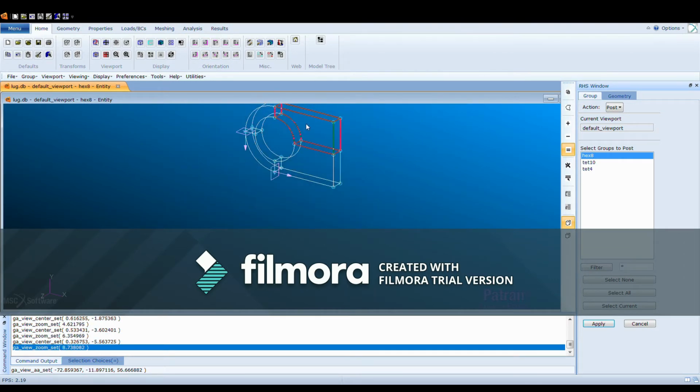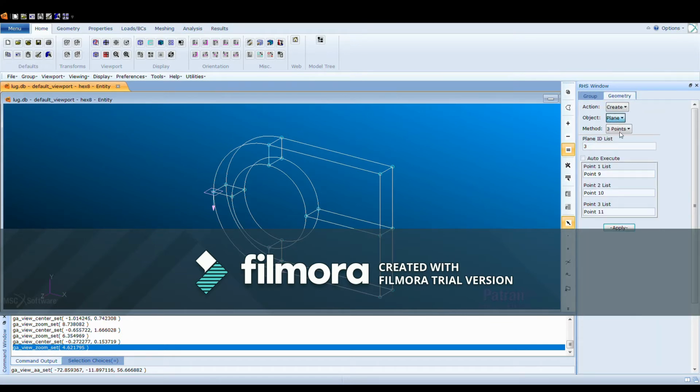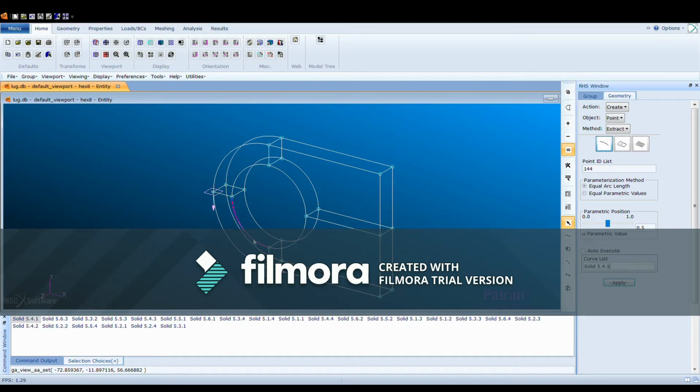So this is the view we want right now. And what we're going to do next is create a few points for breaking planes, and we're just going to go to geometry, create point from extract. Make sure this is at 0.5, and we're going to select a few solids. So we're going to select this. We're going to shift select this,